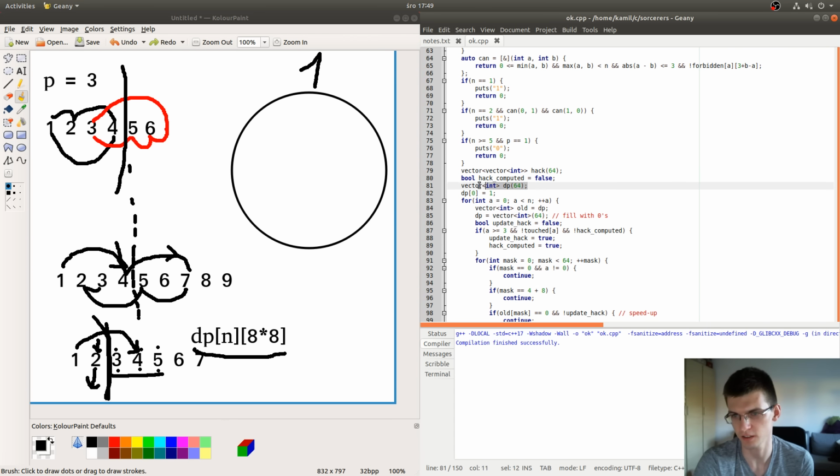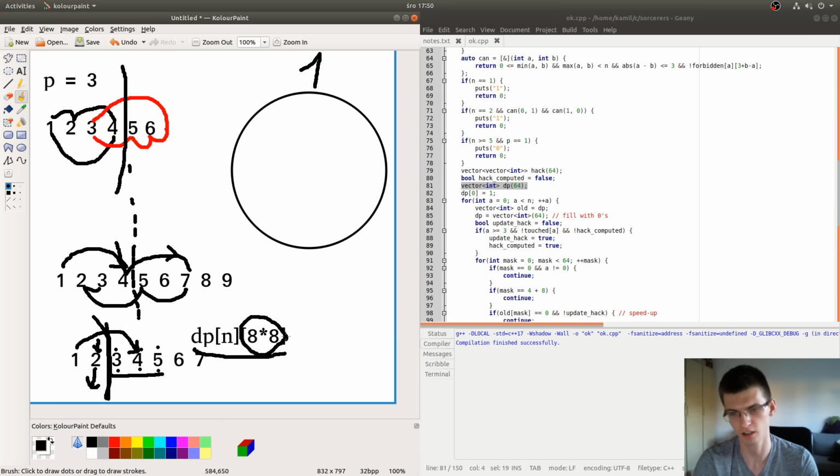I create dp of size 64, just the thing that is here, and I go through vertices one by one. I didn't want to have memory n times 64, so I have just memory 64, and I compute the next row of this dp.